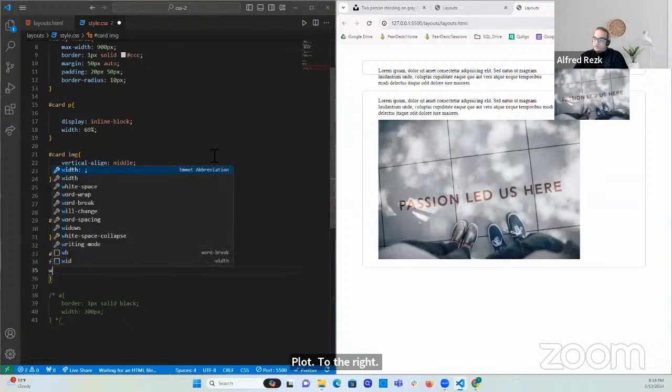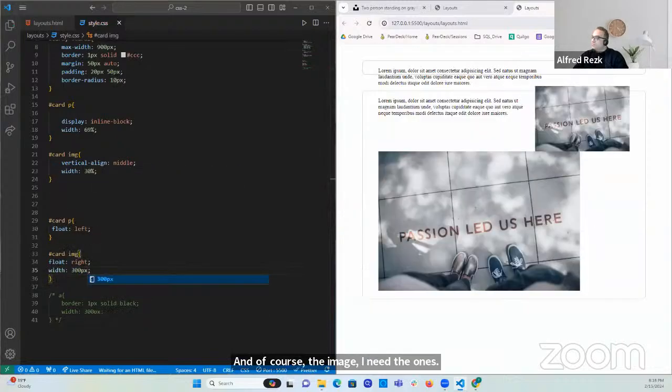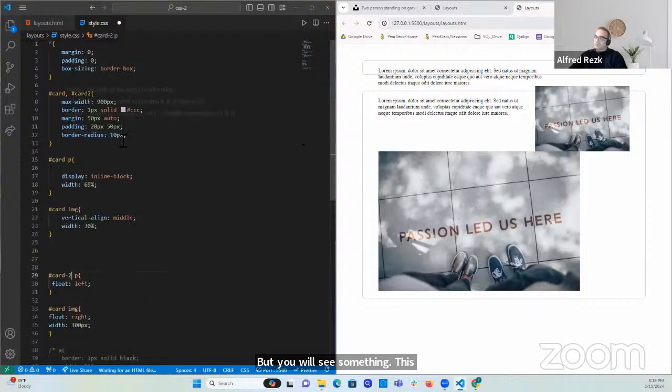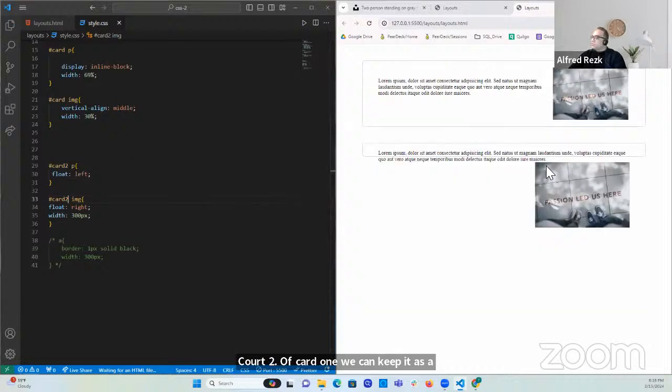And of course, for the image, I need the width to be 300 pixels. But you will see something. This is card 2, not card 1. Card 1, we're going to keep it as a reference. Good. But you will see that the image is going to be outside